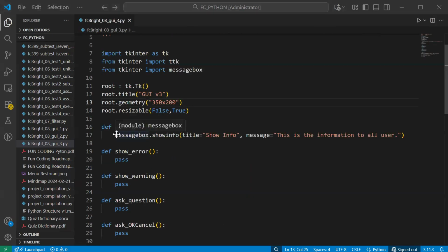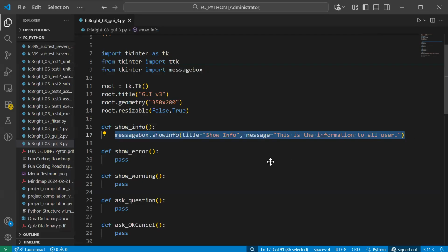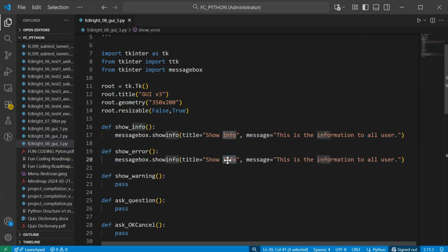If you have finished, you can copy this. Okay, put it below. It will show error. You can put the error as the title.